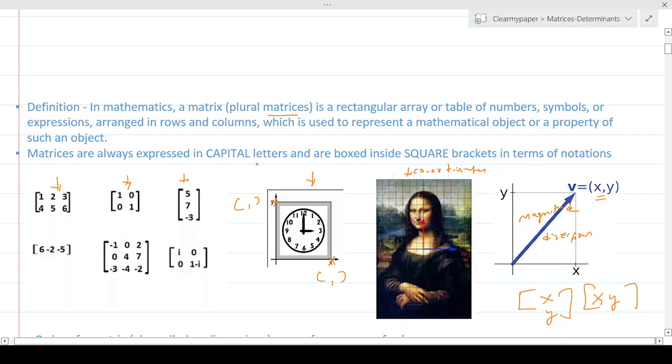And in terms of notation, all matrices are always expressed in capital letters. Typically, you'll see A, M, B, X, but you can use any alphabet as long as it is in capital letters. The other thing is, the array will always be boxed inside square brackets. That's what differentiates matrices from determinants, or even a regular computer array where you don't see this kind of format. So when you see this kind of square bracket, the numbers within those two brackets, opening and closing, denote a matrix notation of something. That's the notation part.